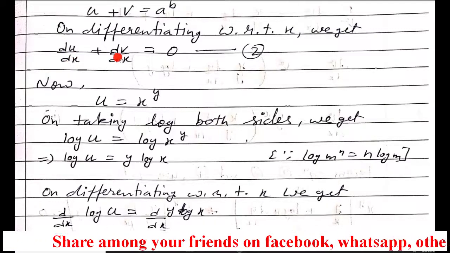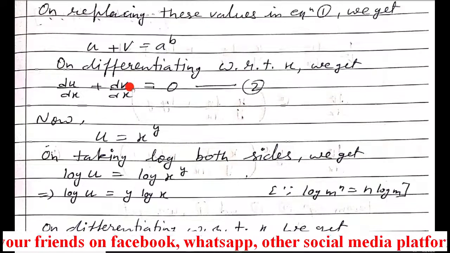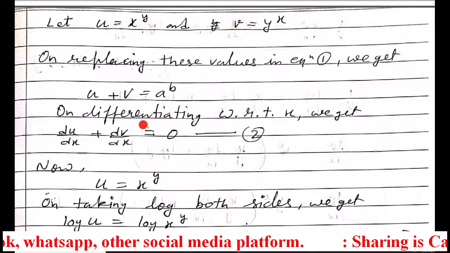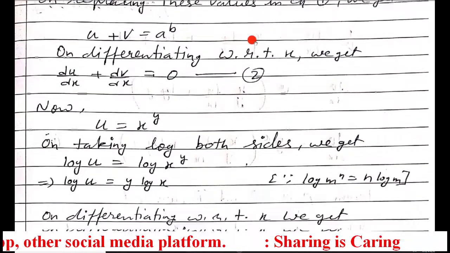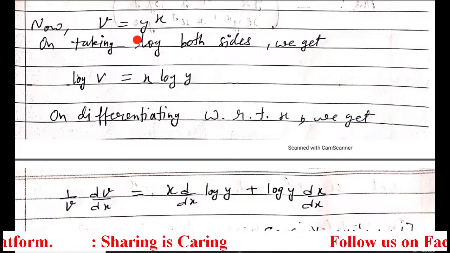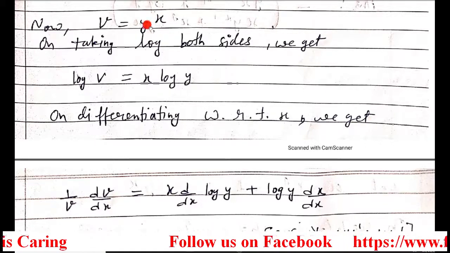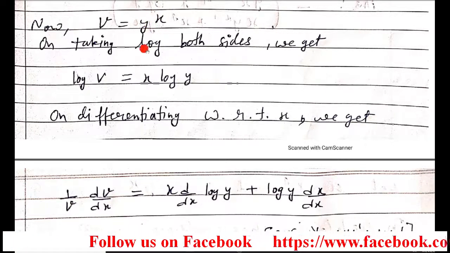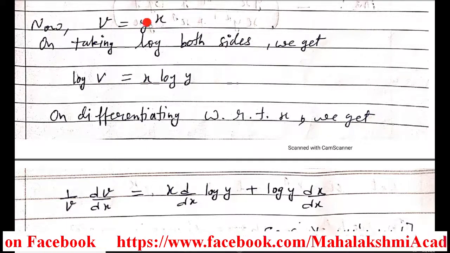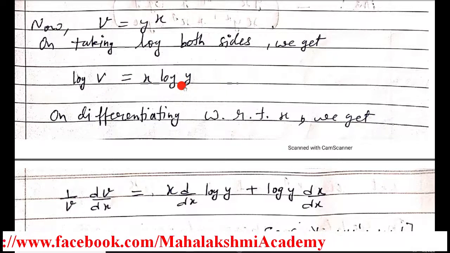In the same way we are going to find out dv over dx. So we'll see what is v for us. What is v for us? y to the power x. So from here we'll start to get dv over dx. So v is y to the power x. Again it is an implicit function. An implicit function is one where x and y we can't separate. So we'll take log on both sides. After taking log, it will happen like this because log m to the power n is n log m, and that's why. I hope it is clear.